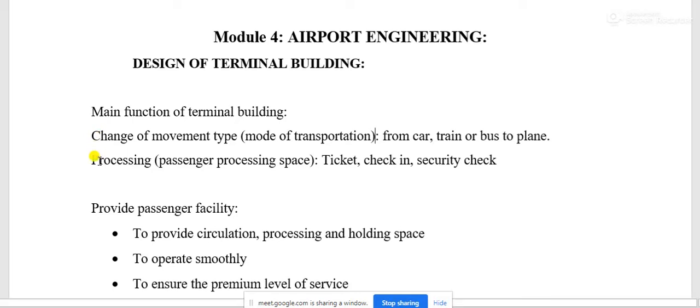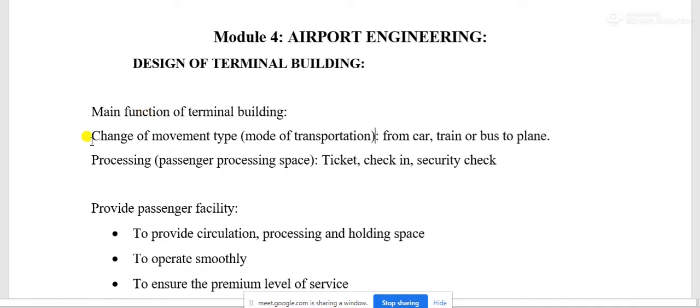Another point is the processing of that movement or travel. In that function, the checking and ticket collection formalities and other security checks and security formalities are done in the terminal building.